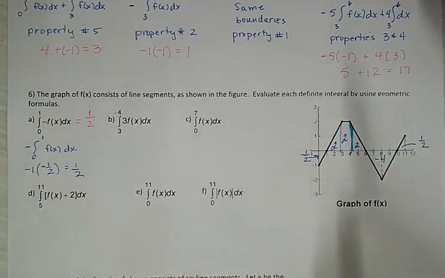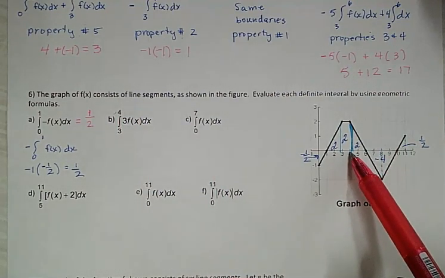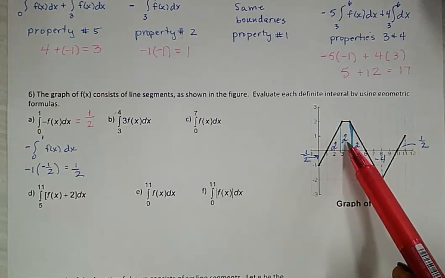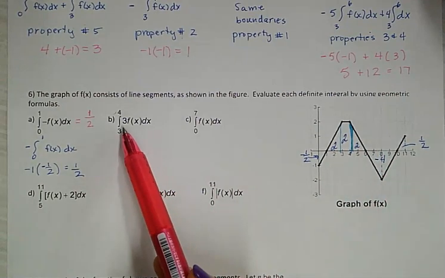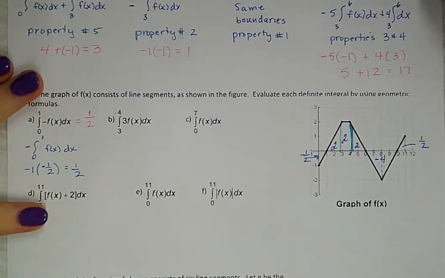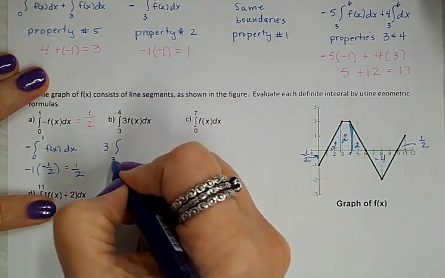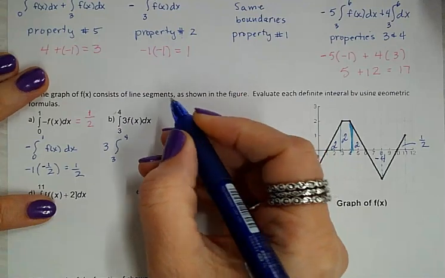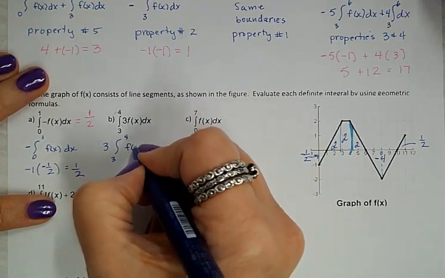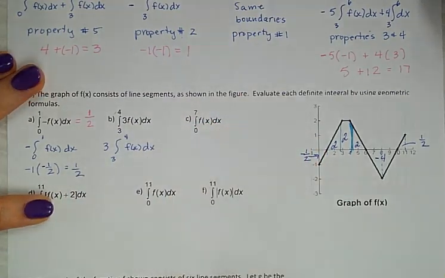So then I could go to my graph and look from 3 to 4, and the area is 2 times the 3 that I pulled out. So as you write that statement, you're going to pull out the 3, and it's going to go from 3 to 4, and then it's going to be f of x dx, and we can't forget to have that